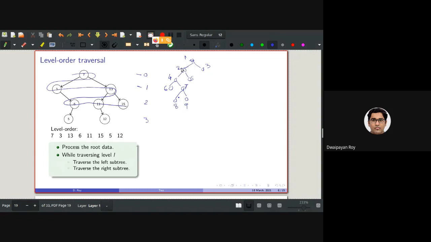As you can see, I am traversing all the nodes in the same level. That's why it is called level order traversal. But to get all the nodes, consider a full binary tree containing all the nodes possible in all the levels.